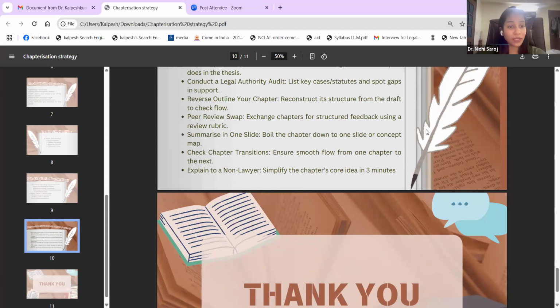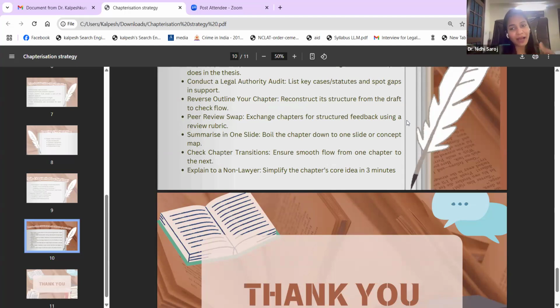And then, ma'am, because you're going to do an empirical research, you have to decide whether you are going to interview the lawyers, the judges, or the victims. Whom are you going to interview? You need to decide the sample size, whether you are going to interact with 20 people, 30 people. And once you finalize your chapter 1, when that becomes pakka, then you move to your chapters and sub-chapterization.